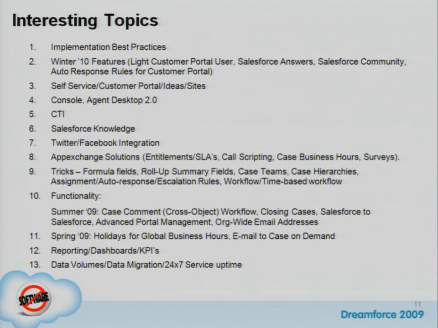Now, to make it easier for our service reps to classify what product a query is about, we have a tiered hierarchy. So the first question is, how easy is it to add a new product? One of the frustrations we face is that every time we launch a new product, we need to go in and add to the pick list, and the turnaround time that we get is days to weeks, which we realize should not be the case. So what kind of entitlement do you have to have to support those things? Do you have to be an admin, or can an end user also add stuff like that?